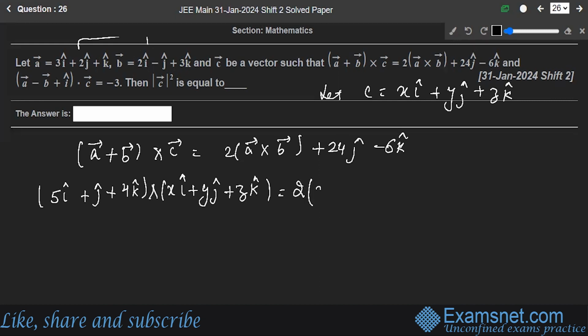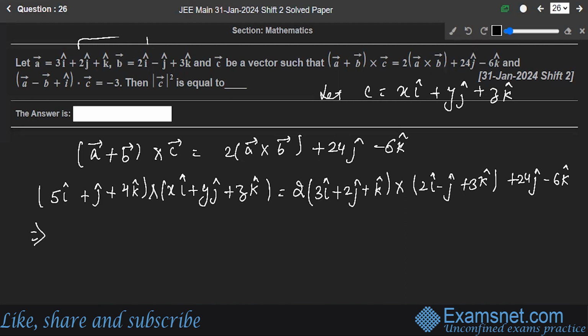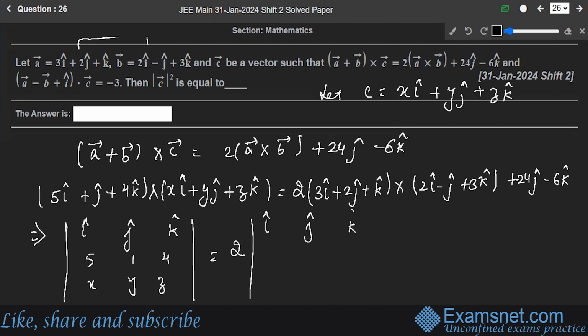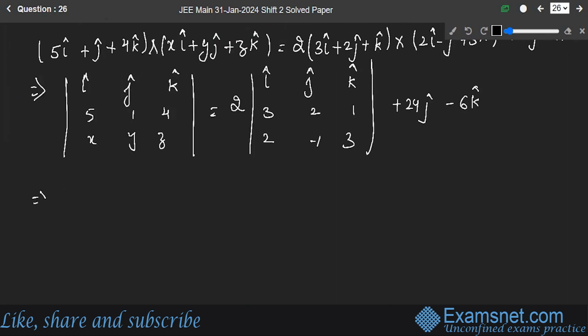A is this vector 3i plus 2j plus k, cross with 2i minus j plus 3k, plus 24j minus 6k. This will give me i, j, k, 5, 1, 4, x, y, z is equal to twice of i, j, k, 3, 2, 1, 2, minus 1, and 3, plus 24j minus 6k. This will give me, on solving, the value as